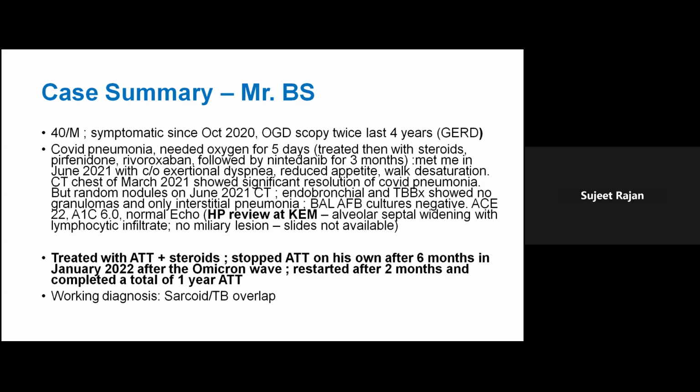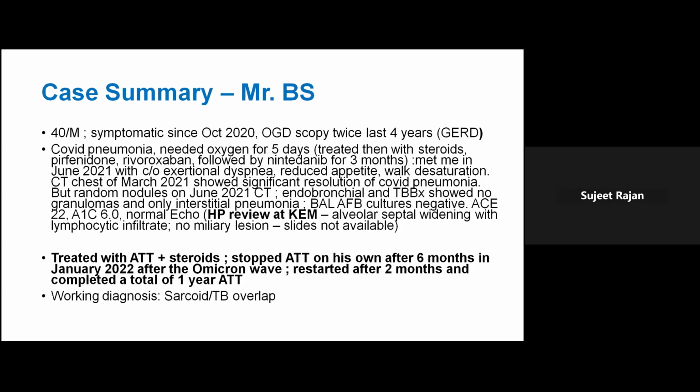It showed no granulomas, just interstitial pneumonia. The histopath was reviewed. The TB cultures were negative. ACE levels were 22, normal echo, and the histopathology was reviewed at KEM by Pradeep Vaidishwar. Sharda would be knowing him. It showed alveolar septal widening with lymphocytic infiltrate. No miliary lesion. So what we did was, because he was